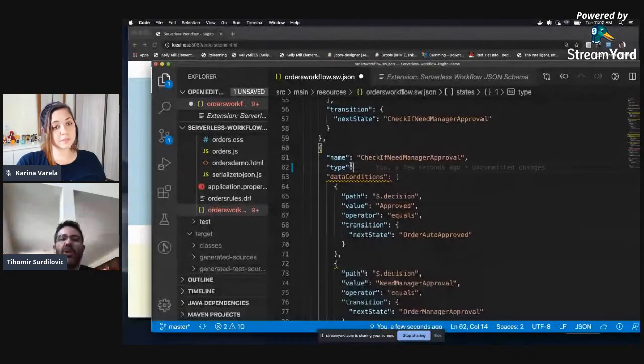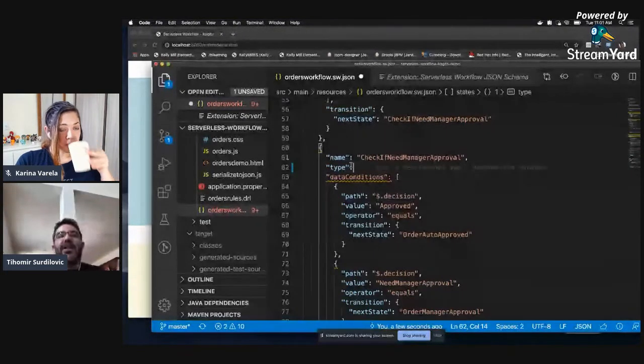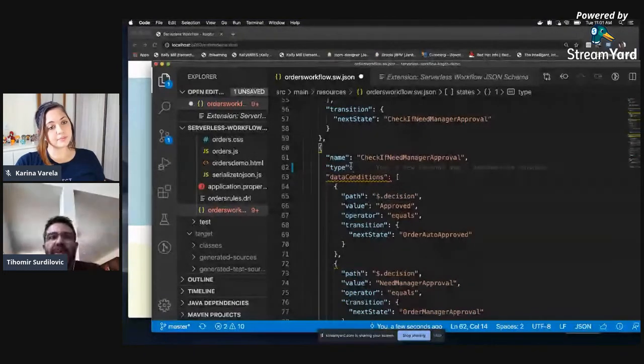During the execution, your workflow instance can run into a wait state that says, okay, I have to wait until some event happens, or I have to wait until a human decision is made. So basically, with Kogito, we can target both stateless and stateful orchestrations. That's one of the benefits of what we're trying to have here.